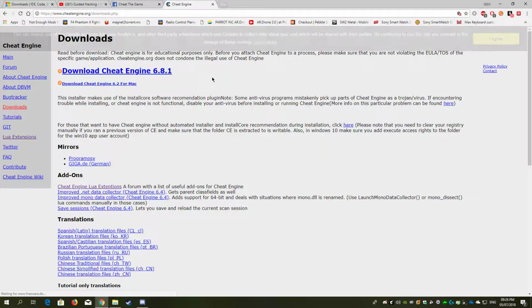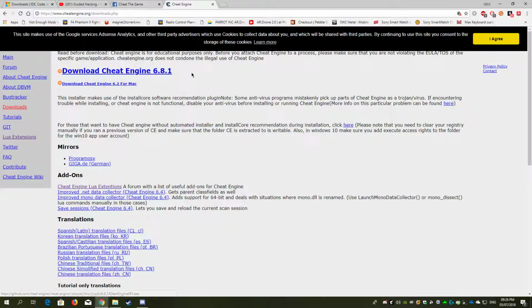So you're going to need to go here. This is the latest, 6.8.1. I'll just grab that, and hopefully you already know how to use Cheat Engine enough to find opcodes in the memory viewer, and to use the memory viewer to see bytes,